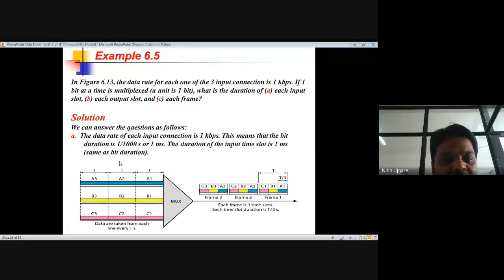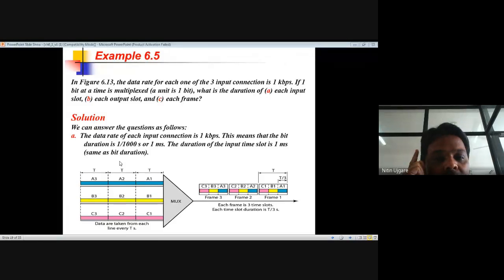Now we can answer this question. The data rate of each input connection is 1 kilobit per second. That means the bit duration is 1 divided by 1000 seconds. What does it mean? In 1 second, how many bits are we transmitting? The bandwidth of the line is 1 kbps. That means in 1 second, 1 kilobit